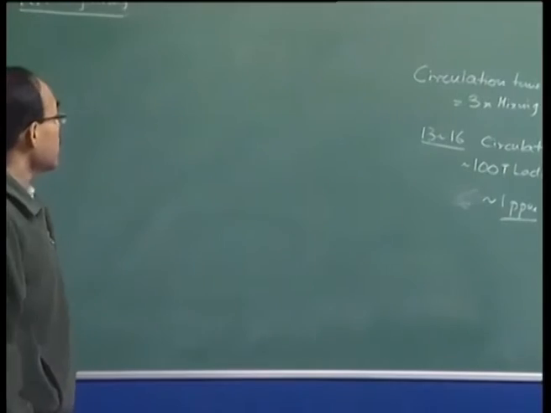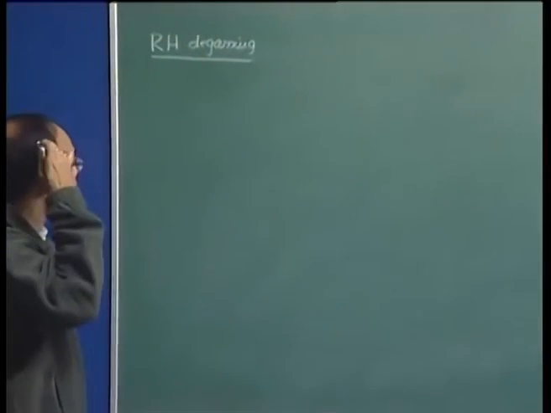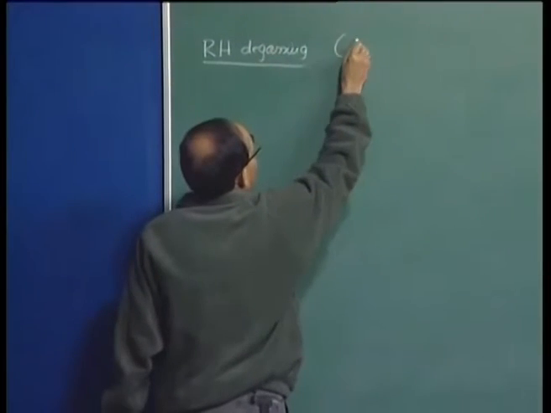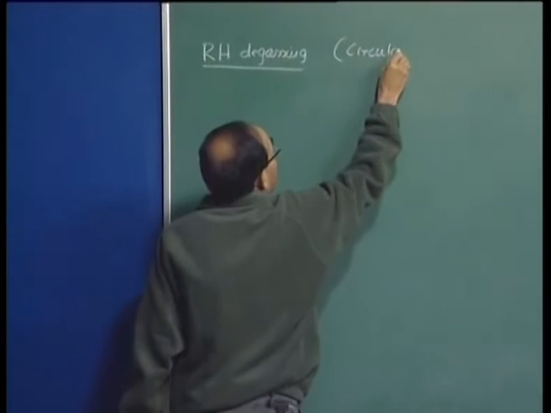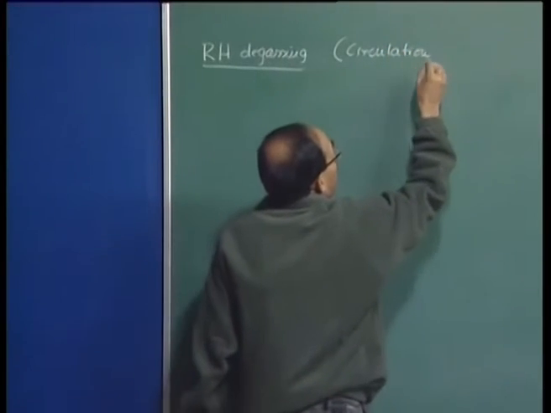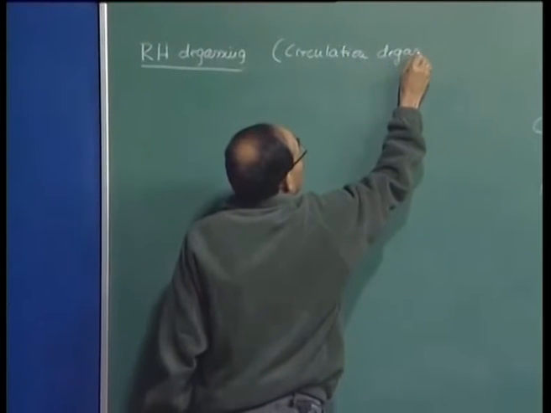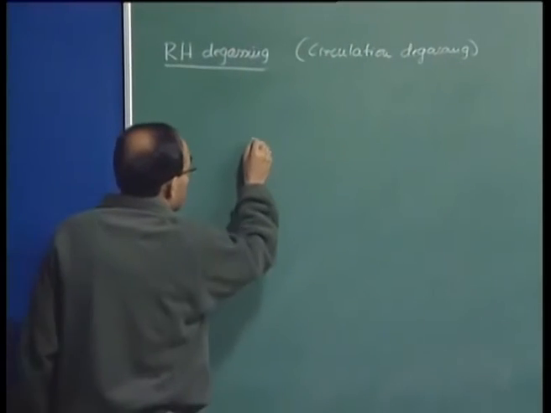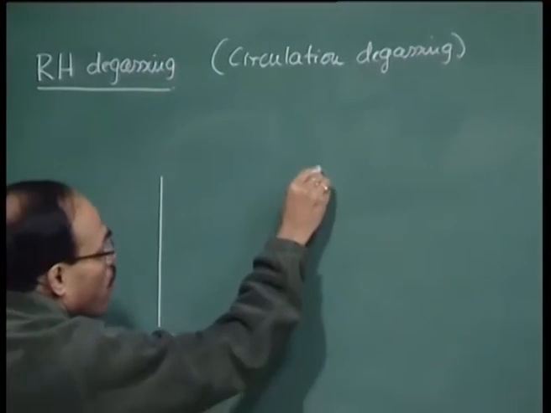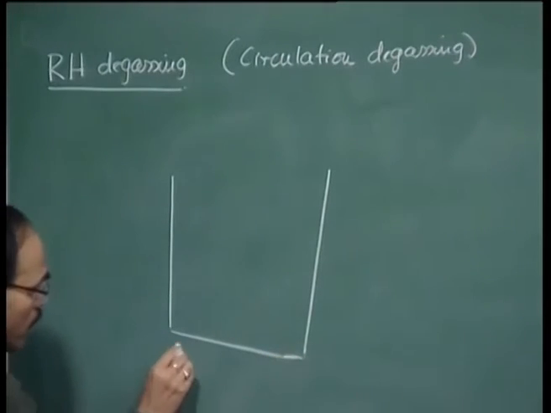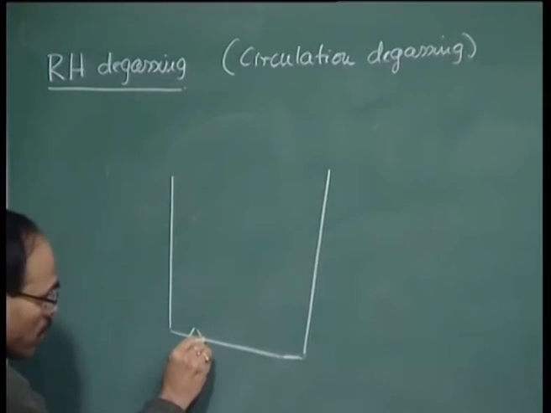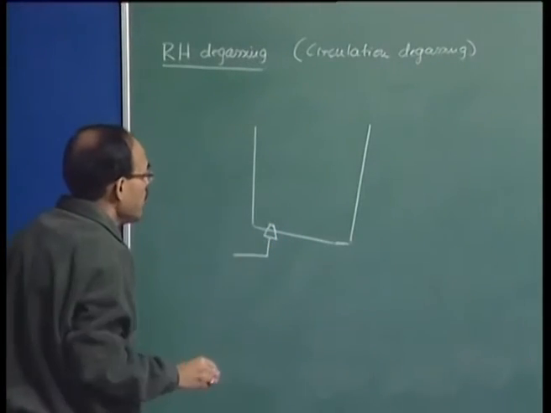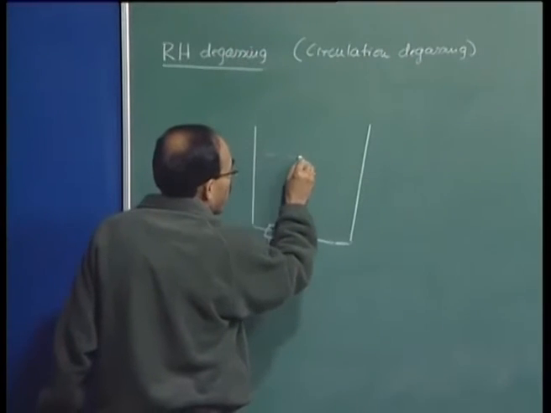Now, the last and the most important type of degassing is the RH degassing process, and this is called a circulation degassing. The generic name of the process is circulation degassing, and it will be clear to you in 1 minute what we mean by that. Now, the ladle is here, the porous plug through which argon is injected is here, and then we have basically